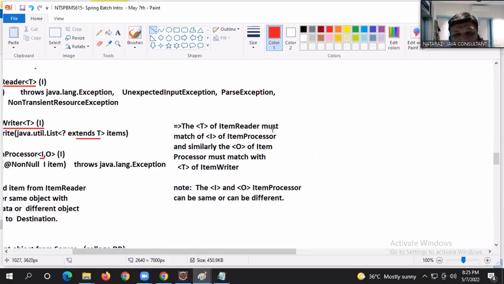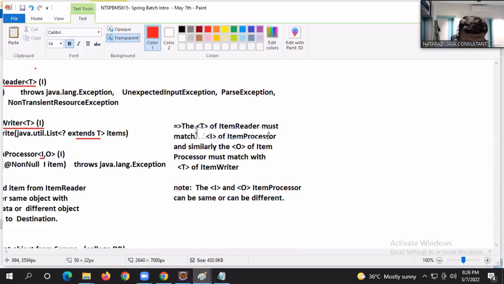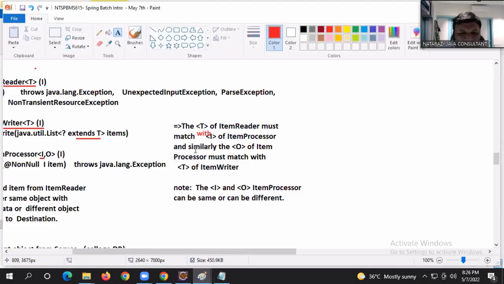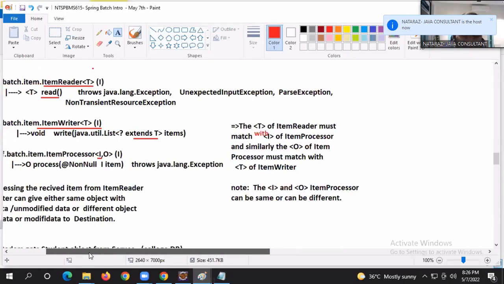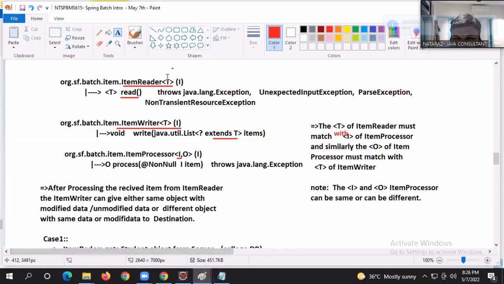The T of ItemReader must match the I of ItemProcessor. Similarly, the O of ItemProcessor must match the T of ItemWriter. Are you convinced now or not? Take T as Employee: the reader gives an Employee object,